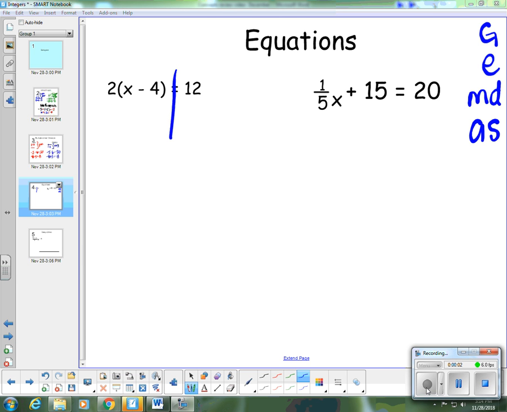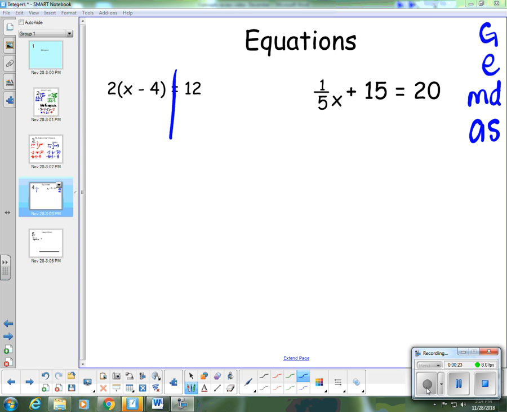In this video, we are going to review inequalities and equations. We're starting with equations. I've written GMDOS up on the board because I wanted us to remember that we're working in reverse order of operations. We're working in reverse because we're trying to isolate the variable. So we're using reverse order of operations to determine which steps we get rid of first,